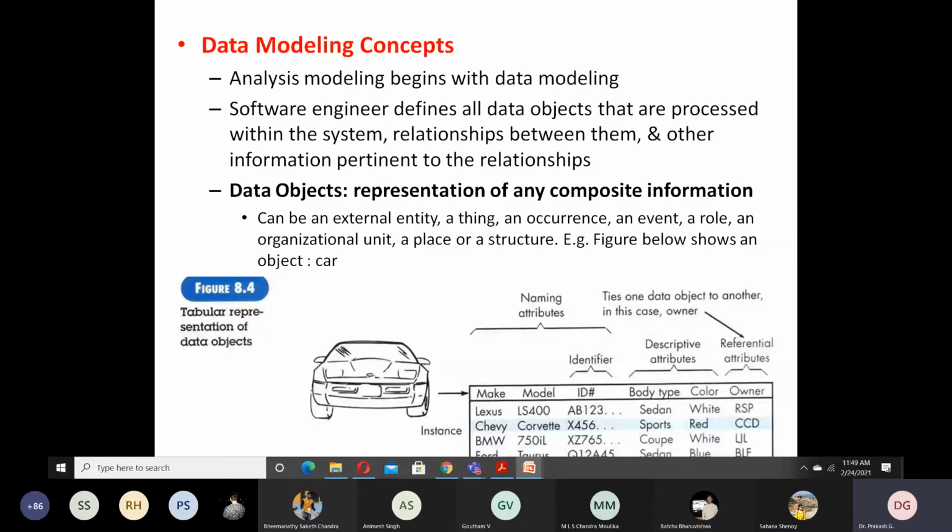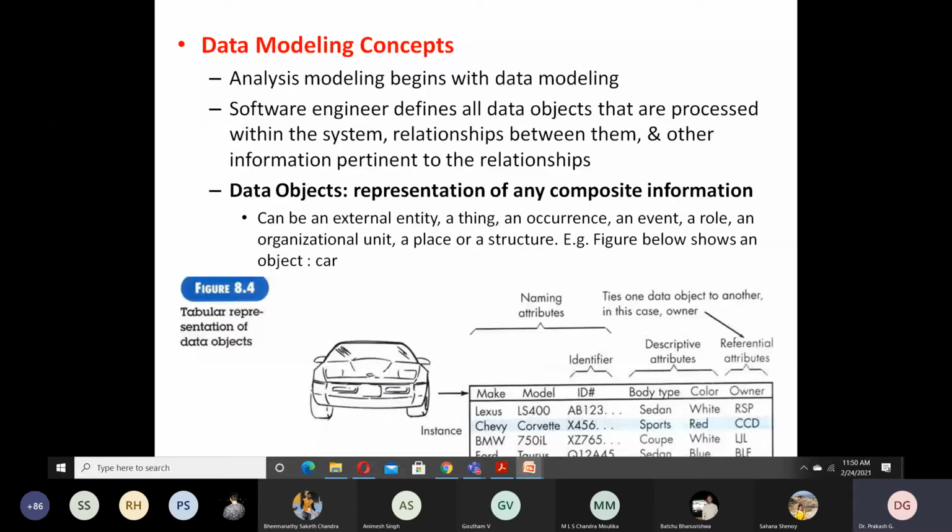If you are considering a data object, it is nothing but a representation of any composite information. Why are we calling it composite information? Because a data object contains many attributes. That is what you are seeing in the table. Normally data objects are represented in a table.